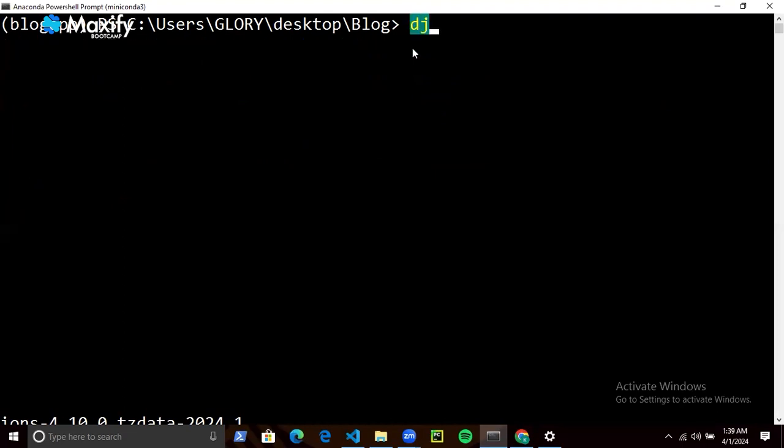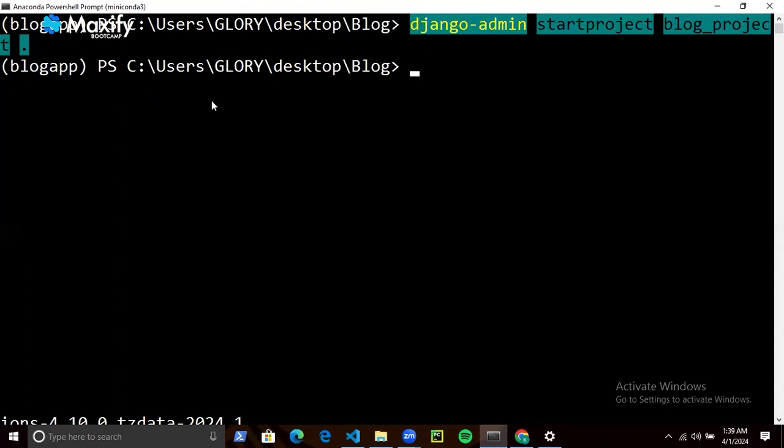So now let's do django-admin startproject. The name of the project is going to be blog project, right? Now, let's not forget to add the dot symbol, because if we don't add the dot symbol after the project name, it's going to duplicate this blog project directory. It's going to create it twice, and we don't need that. That's redundancy. So once we run this command, it's going to create a Django project